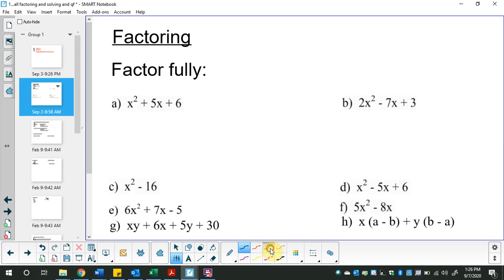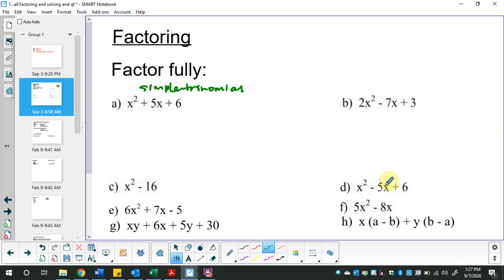All right, so the first question is this. And I want you to see that it's a trinomial, meaning that it's got 1, 2, 3 terms. It actually has the 2 x squared, so a degree of 2, a degree of 1, a degree of none, so 2, 1, none. That makes it a possible trinomial. It's a simple trinomial because it doesn't start with a number. So when we get there,